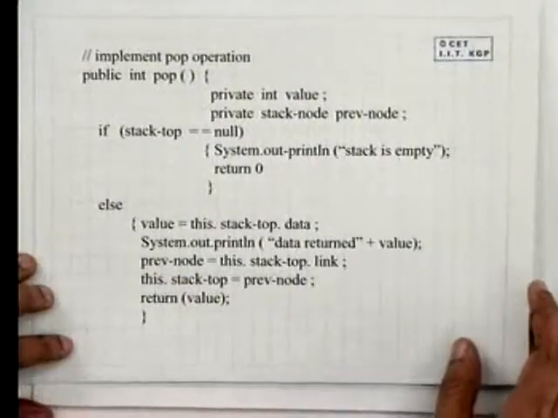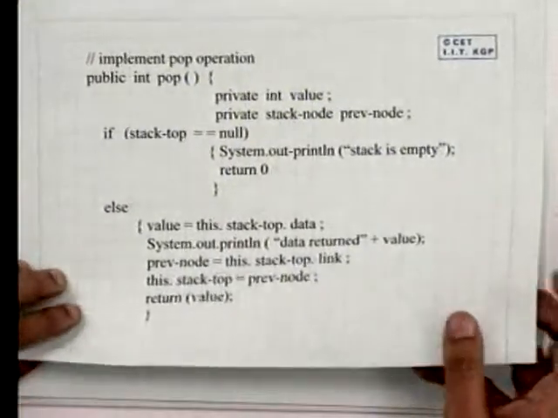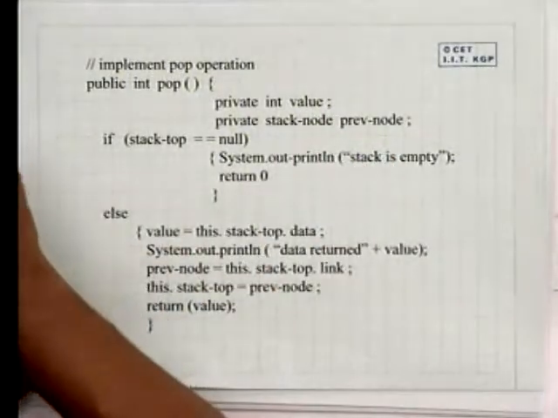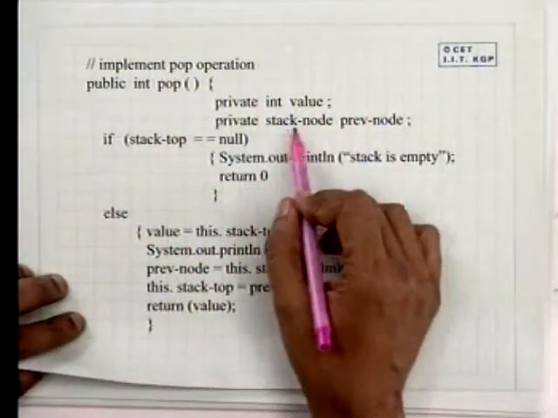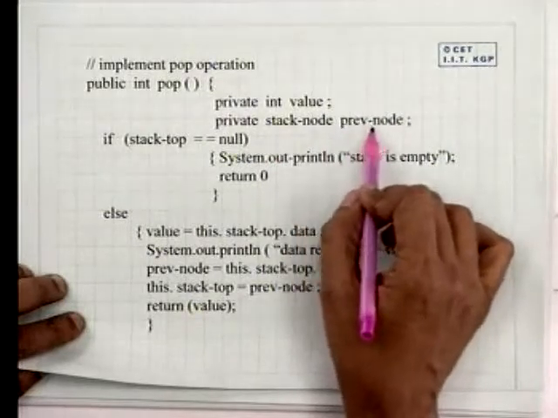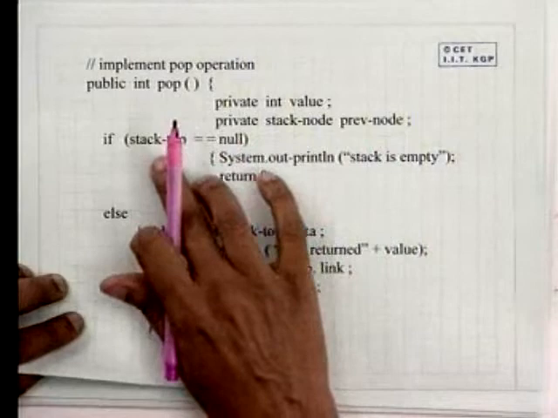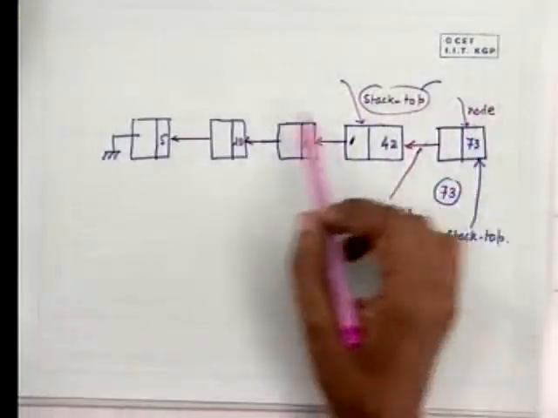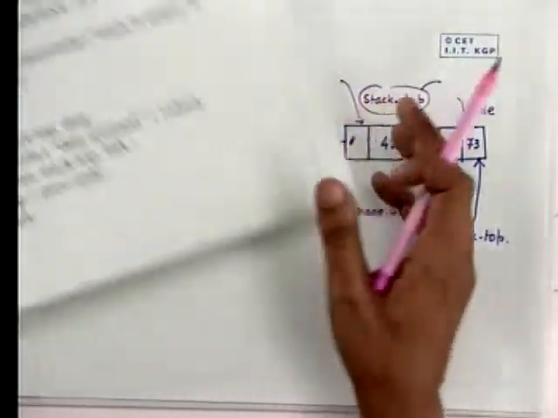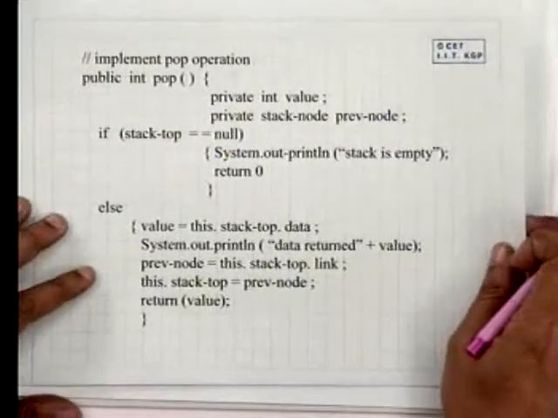Now suppose I have this stack we have already created. Now how do I perform the other operation? Let's look at the pop. So implement the pop operation. Again, there are two values it will have to return, and we are defining two internal variables, the previous node and star, which is of type stack node again. And now first of all, if stack node is null, that is if stack node is somewhere here is nothing, then the stack is empty and nothing can be returned.